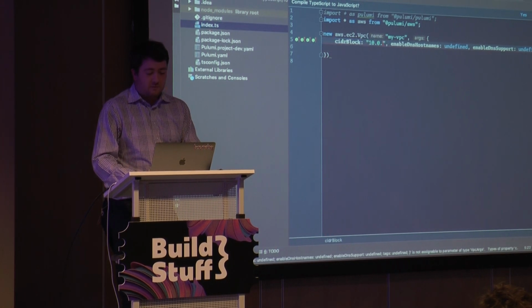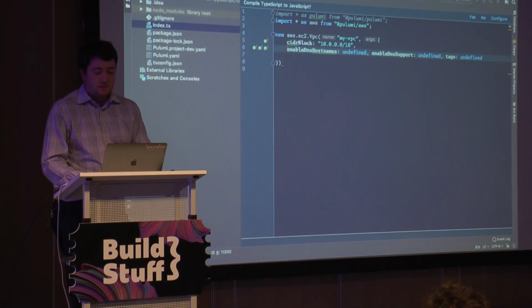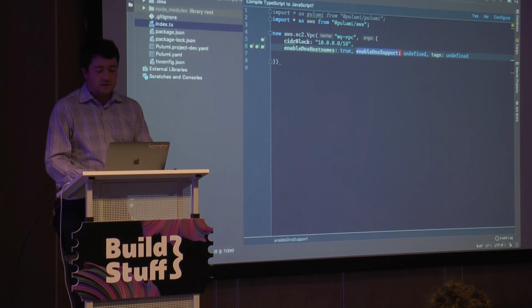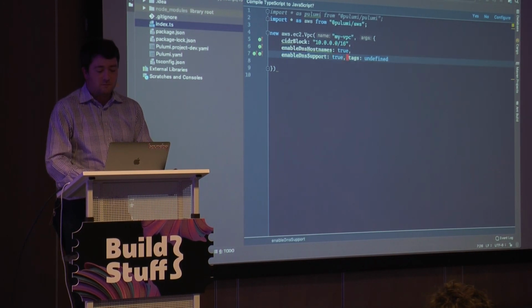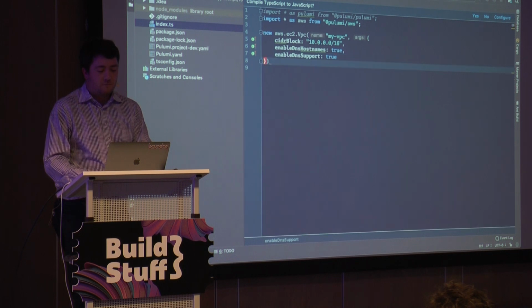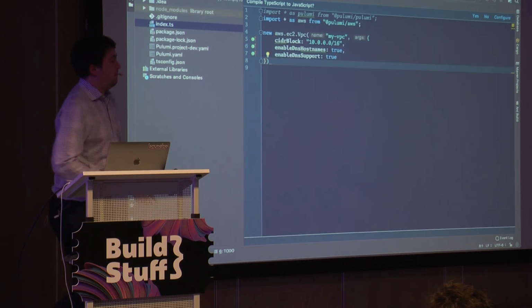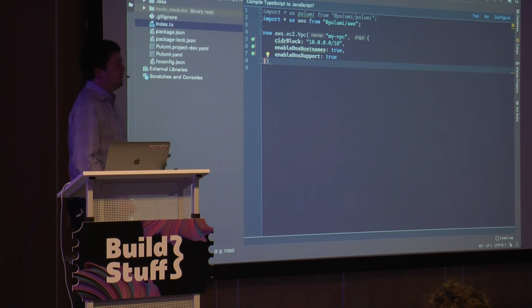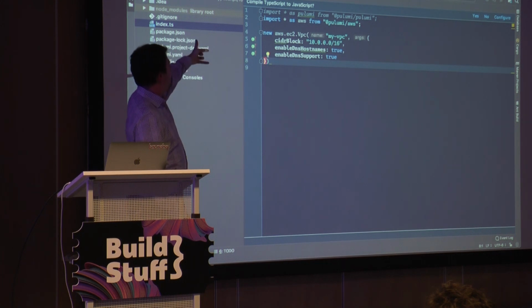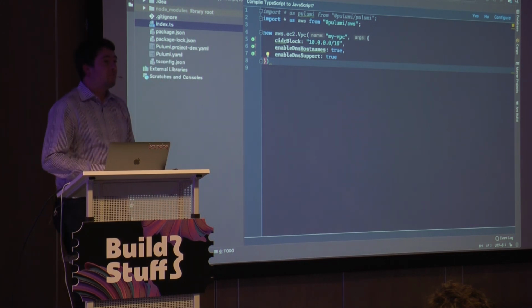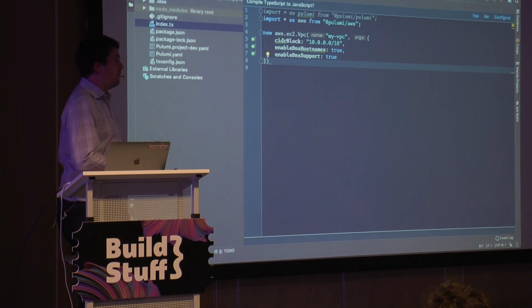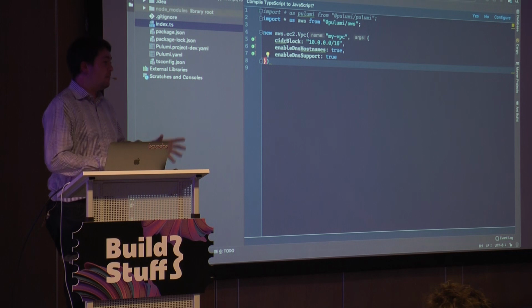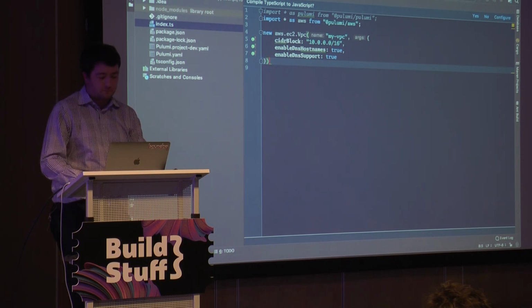So in this case, we'll put in some values here. We'll say we want DNS turned on. That will do for now. So that's a program that, if you just ran it on its own, wouldn't do very much. If you run it under the context of this tool, it will declare that you want an AWS VPC to exist, and then do all the other bits to work out how to get that thing to exist and how to get AWS to match the state of what you said you want.